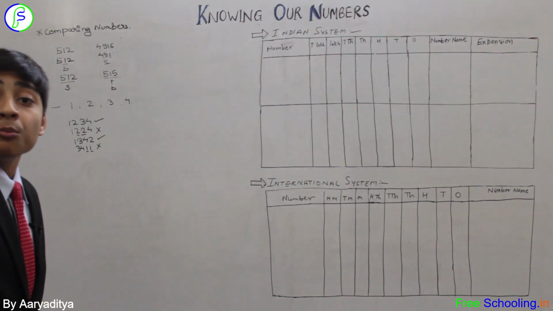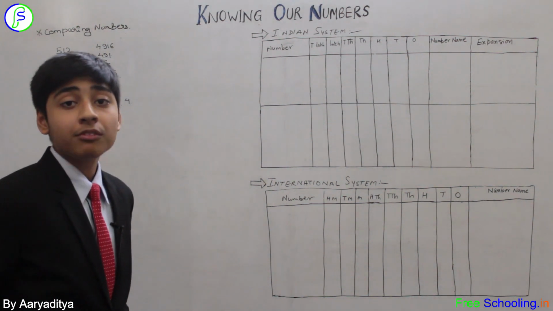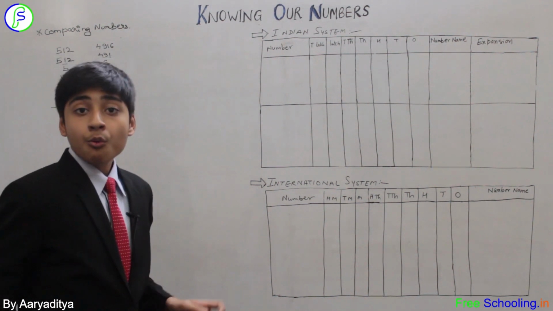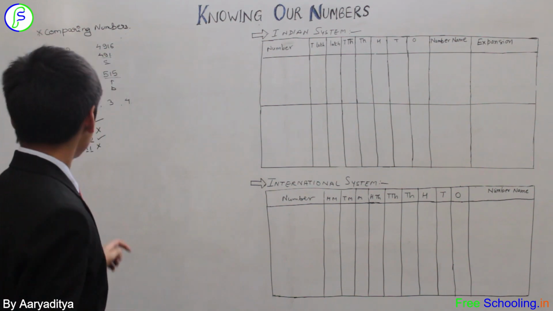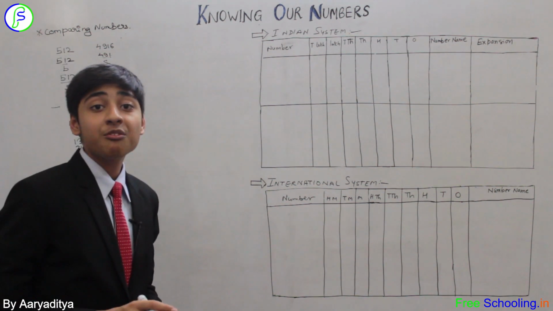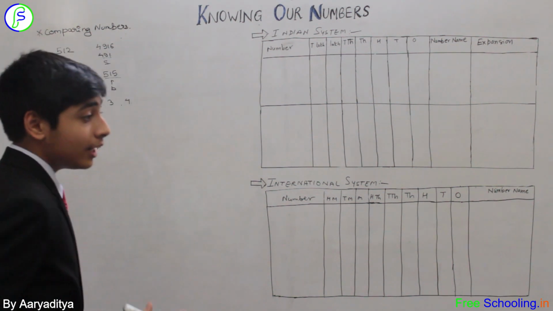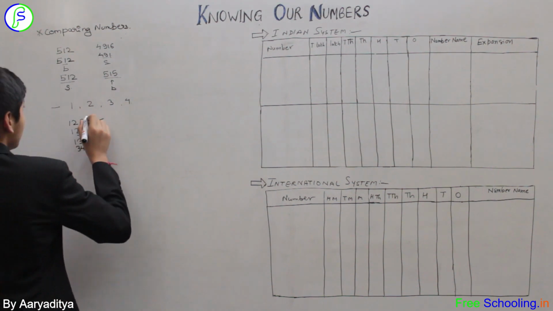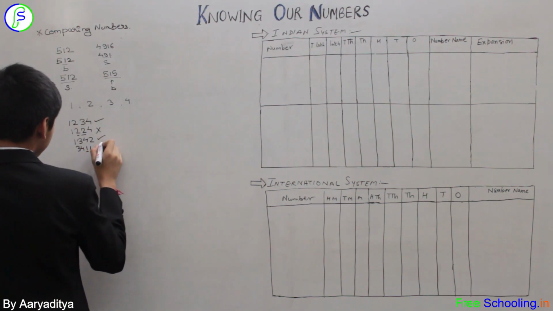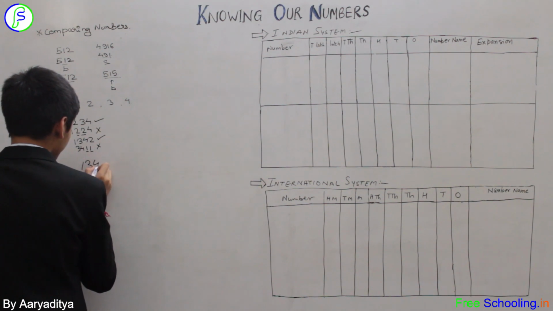But we have one more thing to study. We have to think about which number formed by the given set of digits would be the smallest and which number would be the greatest. So let's solve this. Let me take a random number. Suppose I just take this one, 1, 3, 4, 2.